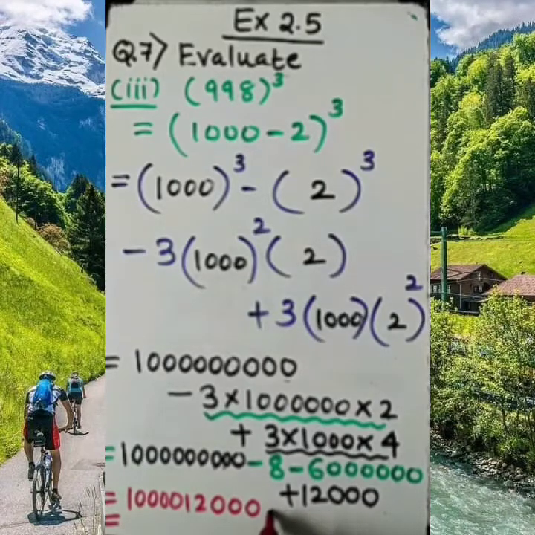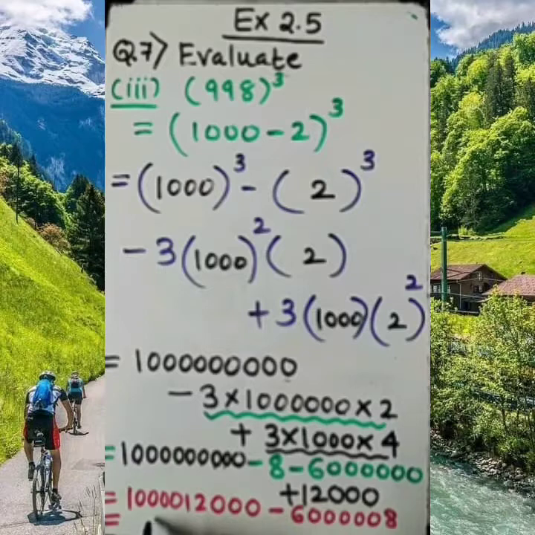Fine. Minus. Now this minus plus, so I need to write 6 0 0 0 0 0 and last 8, because we need to add both of the same sign, addition. Now let's subtract this from this. If I subtract this from this, the final answer will be with me. From the back side I am trying to write 2. Here it will be 9. 9 will be left. Then here 1. Then 1. Then 4. And this 9 will be left. So the subtraction of this is coming 99.